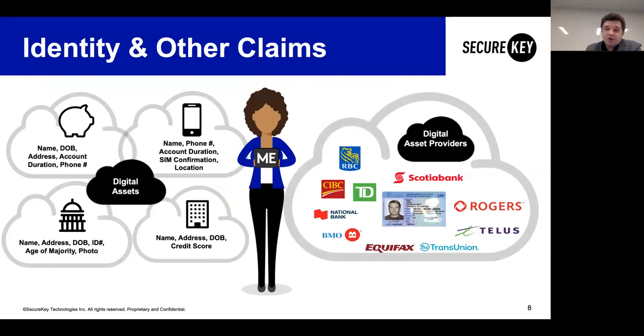Now, the important part here is that the user is always in control, right? So nothing is exchanged without your consent, and you approve every single transaction. So there is no exchange happening behind the scenes unless you have authorized it. Every time there's a request, you have an app that will allow you to process that specific request. You can review the details, what exactly is being exchanged, who's requesting, and what's the reason, and so on. And that way, it's real time.